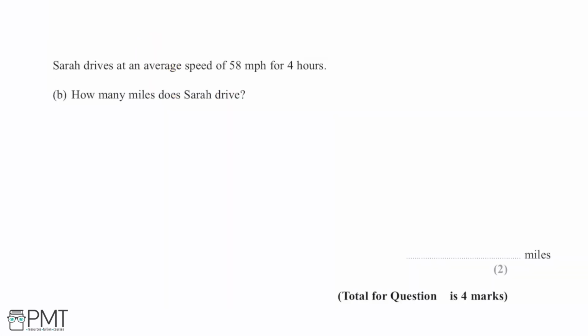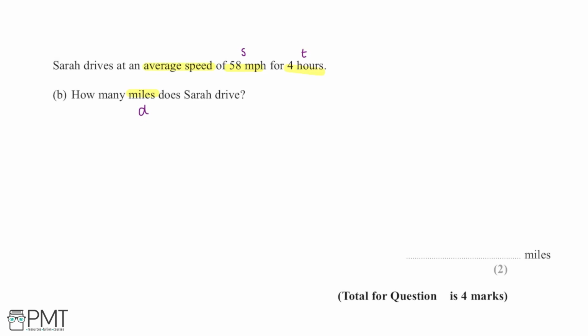So now in this part of the question, we're told that Sarah drives at an average speed of 58 miles per hour, and this is for 4 hours. And this time we're going to be asked how many miles Sarah drives as opposed to her speed. So again, I can see that we're working here with the speed, the time, which is 4 hours,